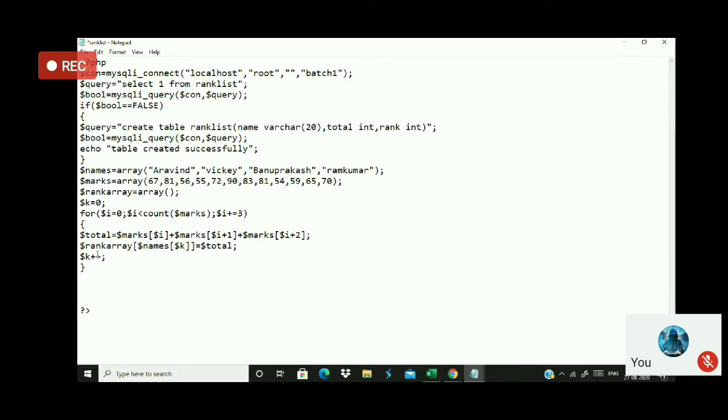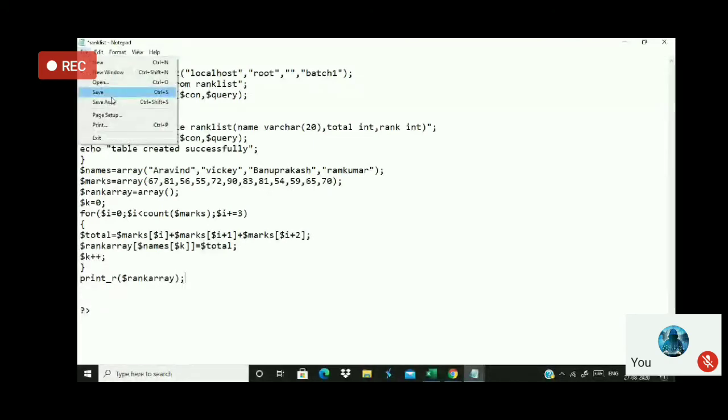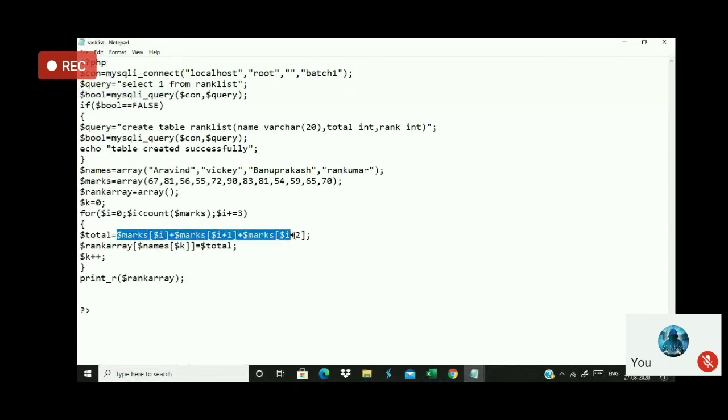So now I come out of this and I just use print_r rank array. Just I will load it. Rank array, that's all. Now listen carefully. What I am doing, every time I am adding the first 3 marks and I take up the respective person from the names array and make that as a key.